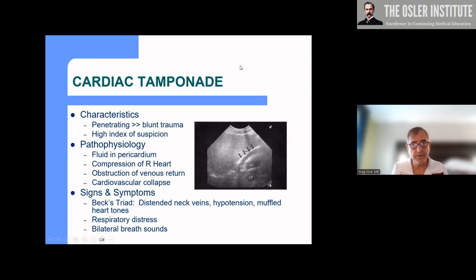Tamponade itself is the third thing we want to talk about here. Compared to tension pneumothorax, tamponade actually comes more commonly from penetrating trauma than blunt trauma. You need a high index of suspicion. This is where the FAST exam can come into play, especially in the primary survey, where you see fluid in the pericardium. You get the same physiology from a standpoint of shock. This physiology causes compression